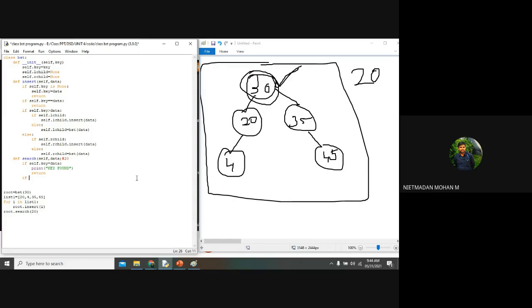So now I am taking data is less than self.key. I wrote the code: if self.L child is present over there, then what I want to do is self.L child.search of data.